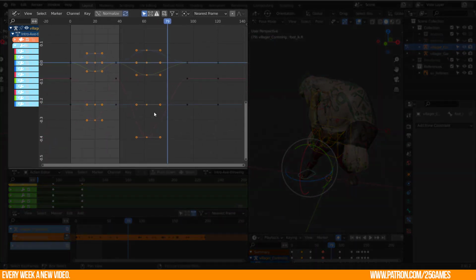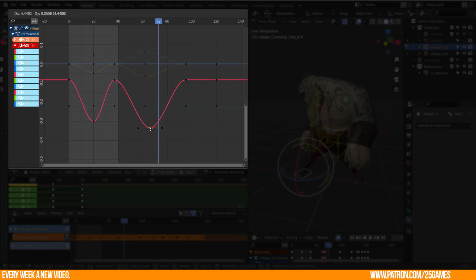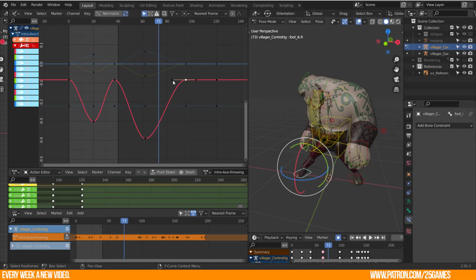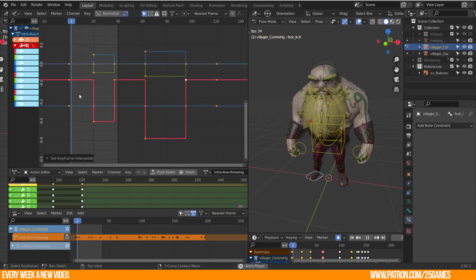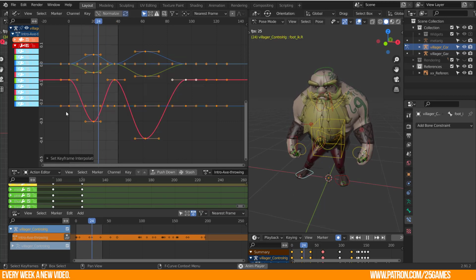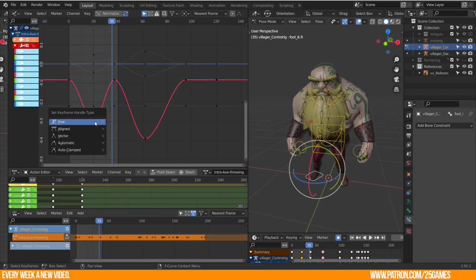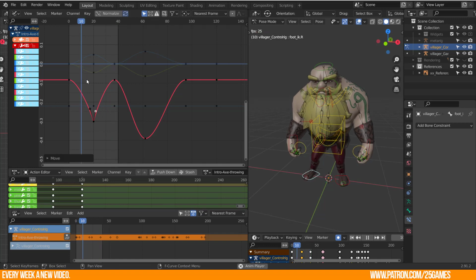This editor is useful for adjusting the interpolation between the single keyframes. You will use this editor in the middle part of the animation creation process. It is not very important at the beginning. In this panel you edit and adjust the interpolation curve and the handle types.